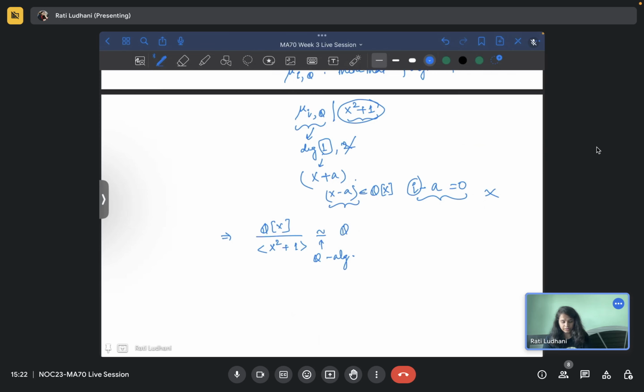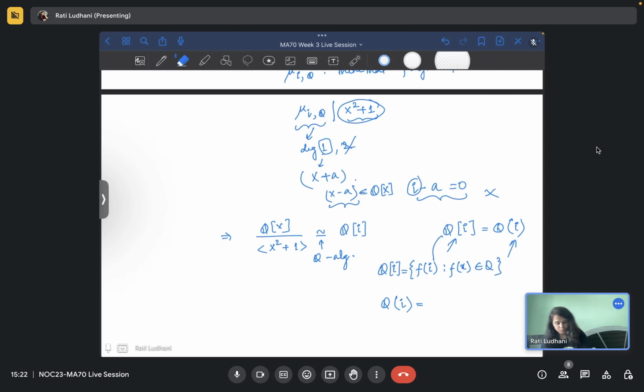with Q[i]. So one more thing, do you understand? I hope you do. This and this, these are the same. So firstly, what is the meaning of this? What is the meaning of this? You have all the polynomials f(i), where f(x) belongs to Q[x], and in Q(i) you have, so this is Q[i], and Q with the small bracket (i)